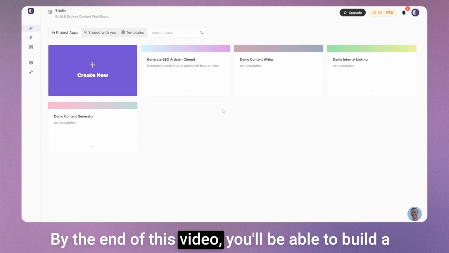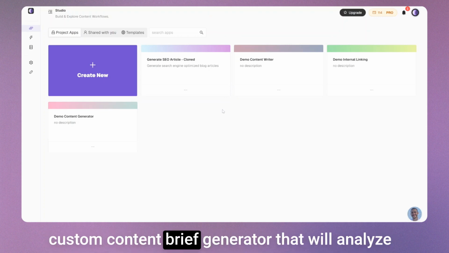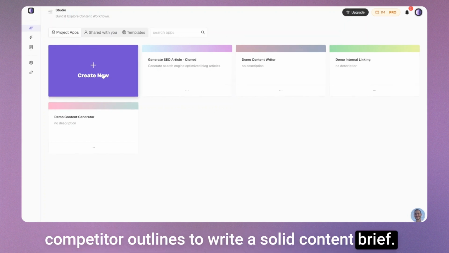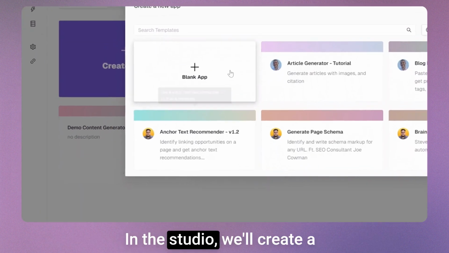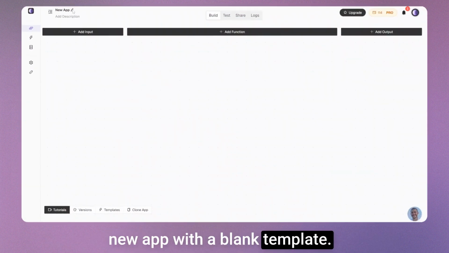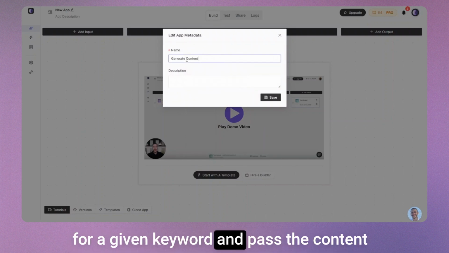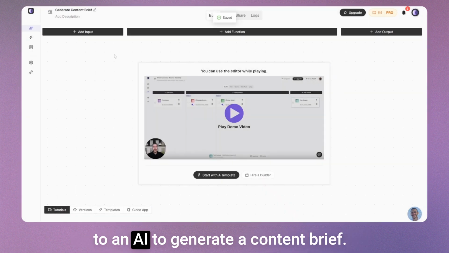By the end of this video, you'll be able to build a custom content brief generator that will analyze competitor outlines to write a solid content brief. In the studio, we'll create a new app with a blank template. The goal here is to analyze competitors for a given keyword and pass the content to an AI to generate